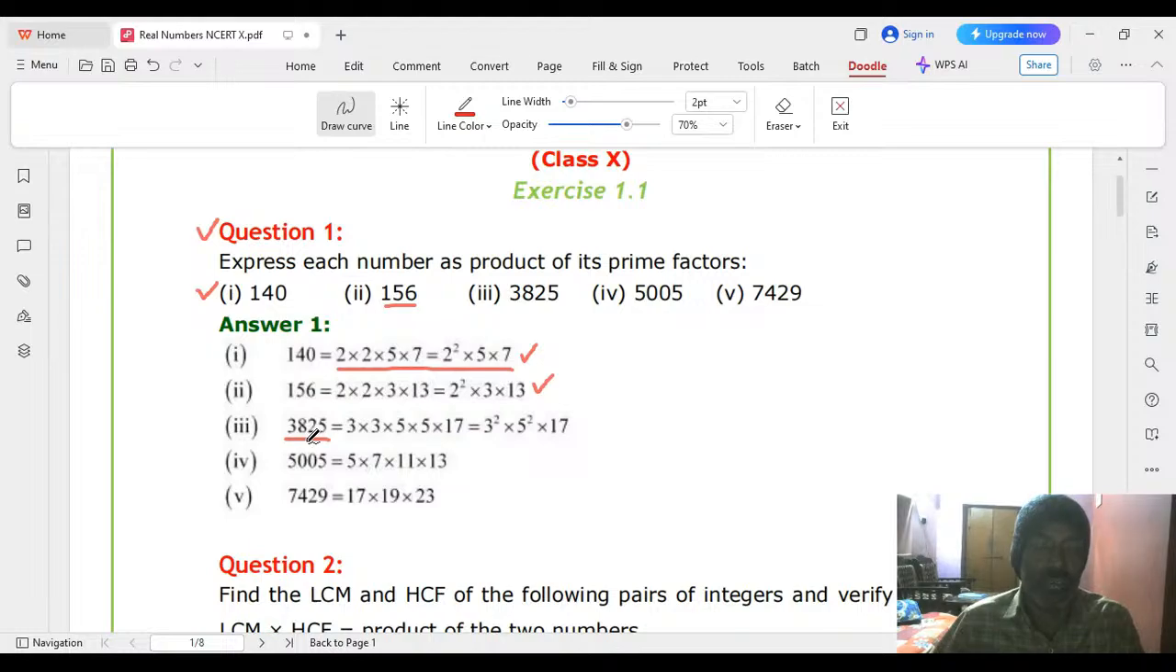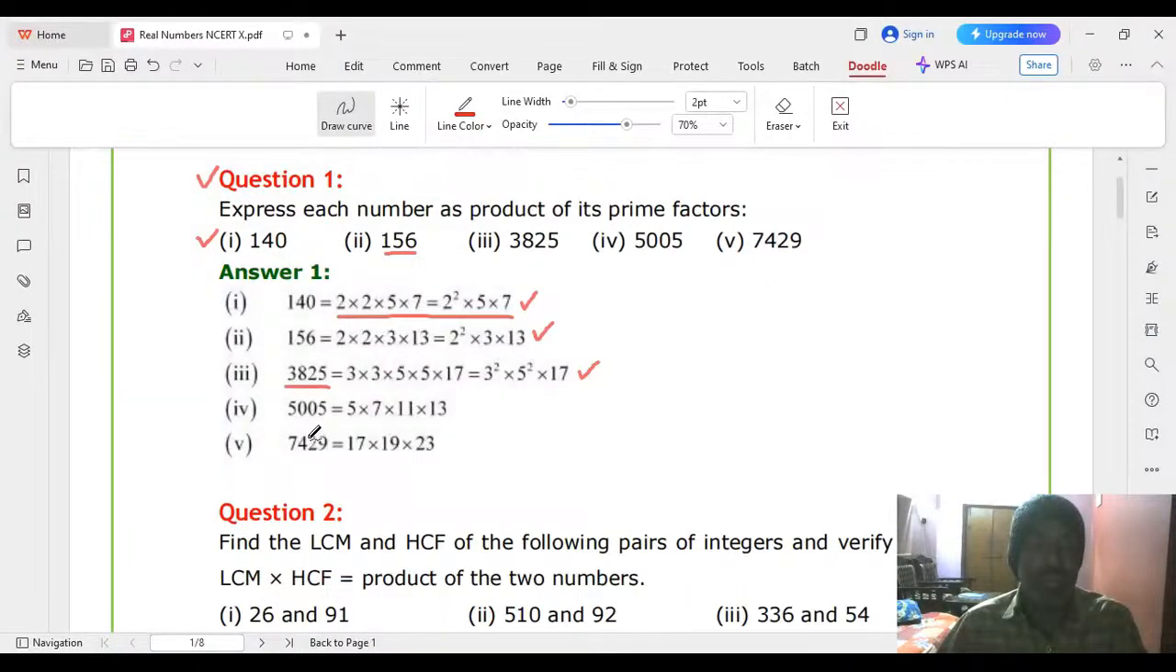First of all, we try this one by 3. So the prime factorization of this one is 3 into 3 into 5 into 5 into 17. 3 is repeated 2 times, therefore I have written here 3 to the power 2. 5 is repeated 2 times, therefore I have written here 5 square, and 17 is repeated 1 time, therefore this is 17. So this is the prime factorization of 3825. Let's see the prime factorization of